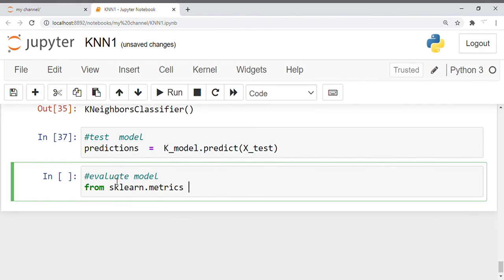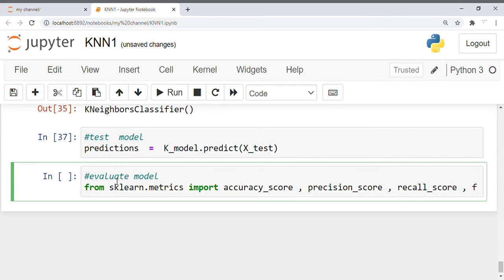From the family of sklearn metrics, I'll try to import some of the metrics, like, let's say I want to import the accuracy score and then the precision score, and then a recall score, right?